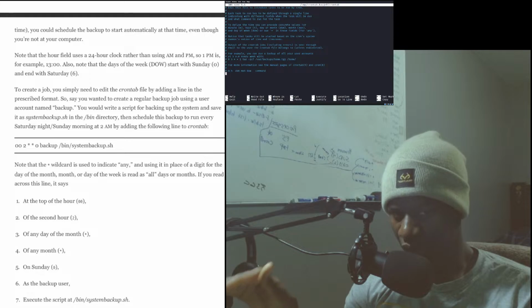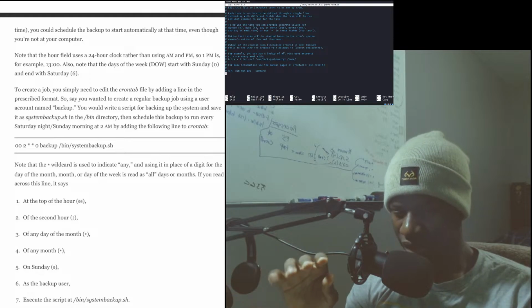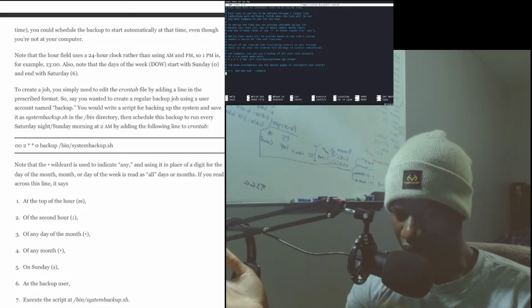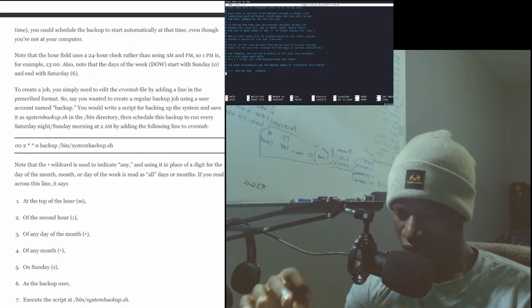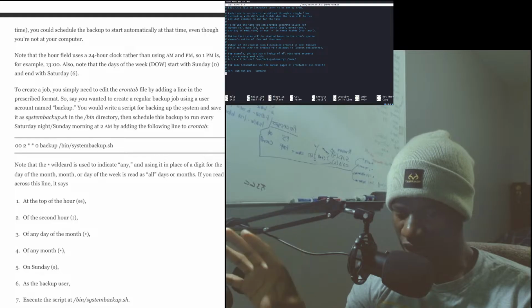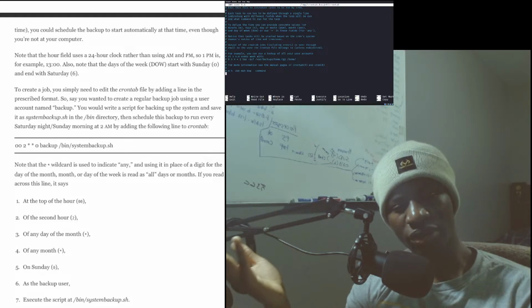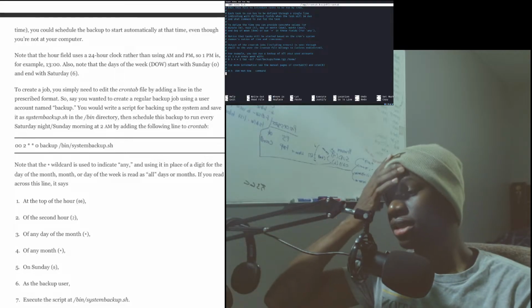You create another user, and then that user is different from my user one. I have user one. And then in order to create those backups, you take a backup of this specific user's things or whatever, and you send it to that user, I guess.